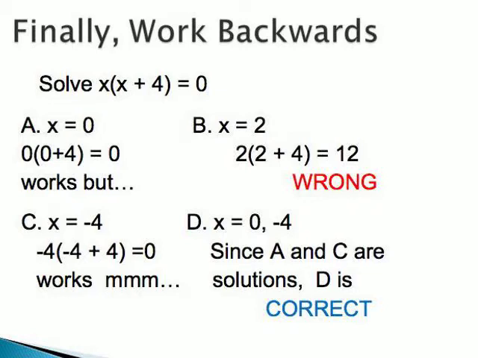So x equals 0 works. But x equals 2 does not work because it does not equal 0 where I need it to equal 0. x equals negative 4 works too. Two of them work, and letter D gives me both of the solutions, so letter D is correct. Now, if you're in a big hurry, you test x equals 0 at part A